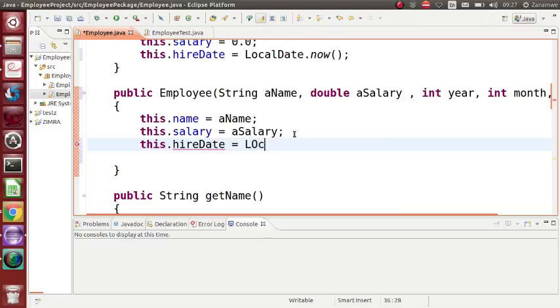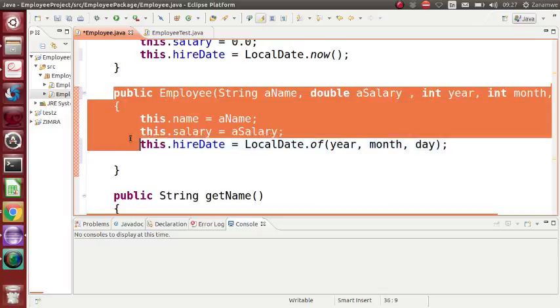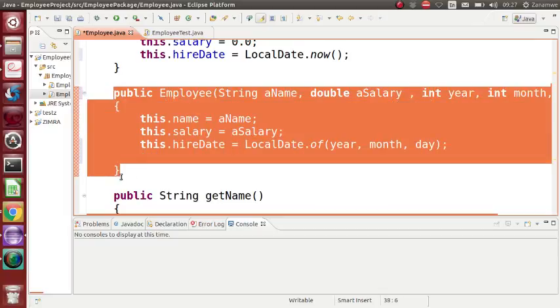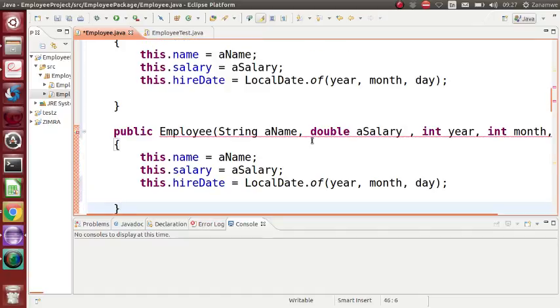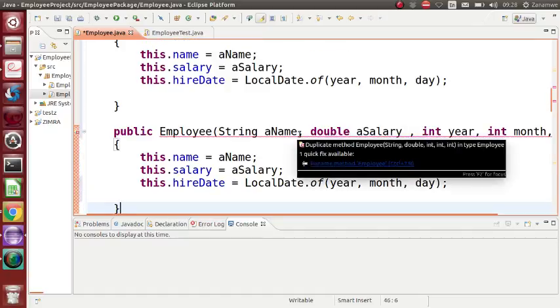Local date, sorry, LocalDate.of, then you pass those three arguments: year, month, and day, like that. So this is one approach. Or you can actually have a constructor. Let me maybe repeat that constructor here. But as you can see here, it's already underlined in red,